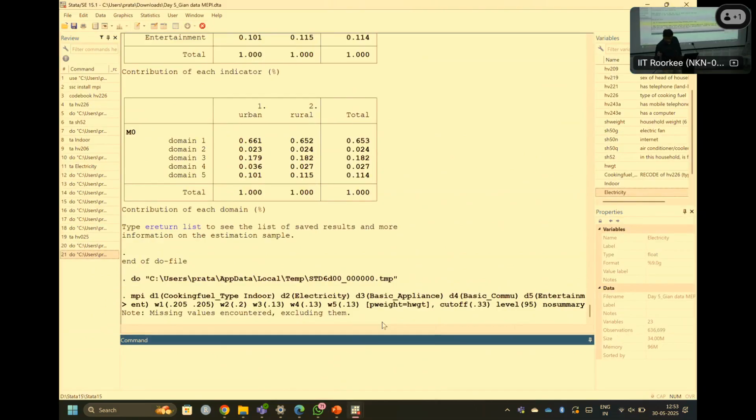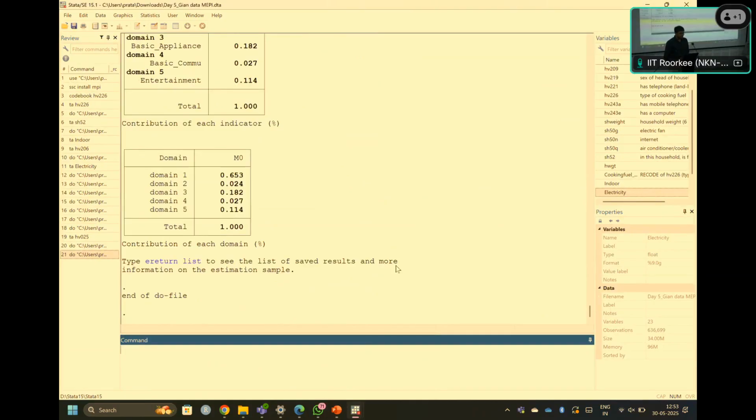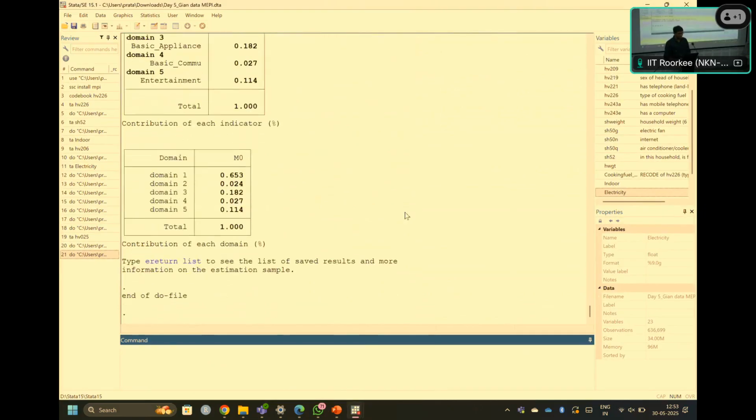This is being calculated. All right, so no detailed information is given. Only basic calculation for M0 is made using the weight also. The population weight. The same result is here, but without summary is derived. At the end, we are simply mentioning no summary.